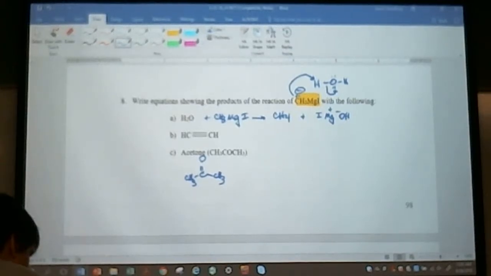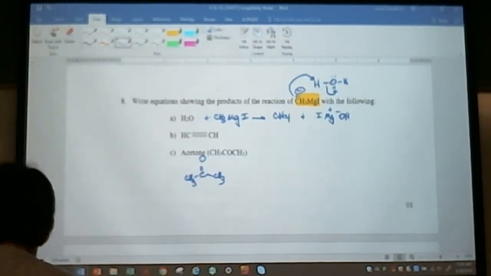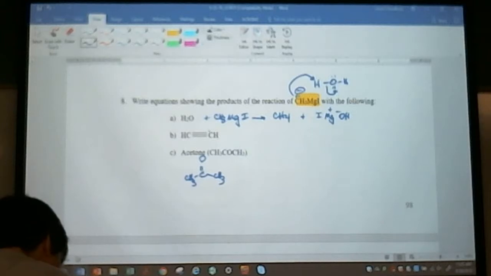Just sign on top, it's okay. All right, so your Grignard,